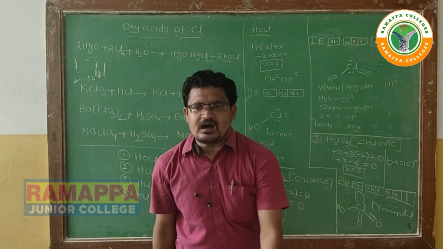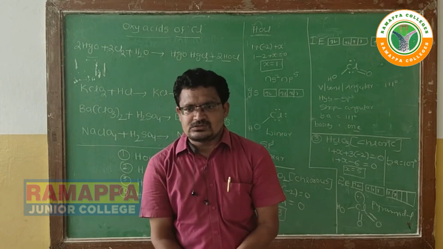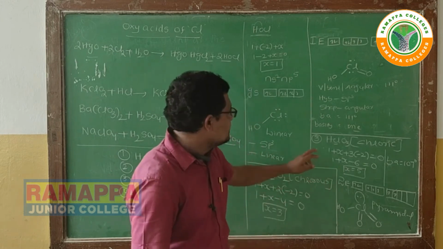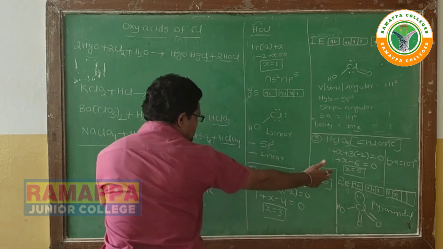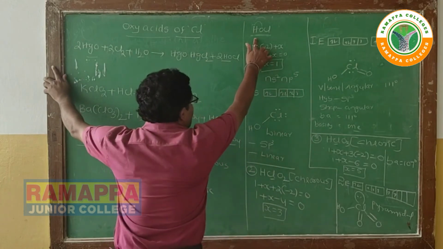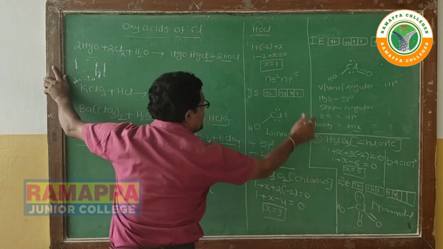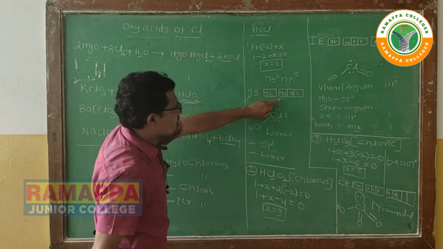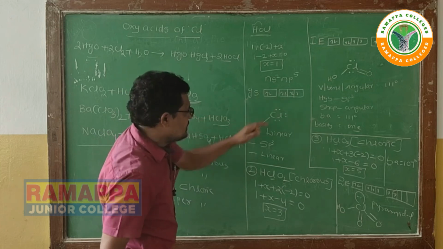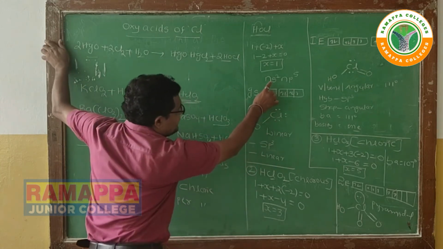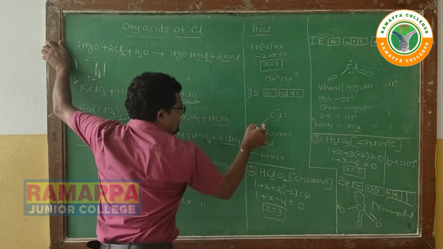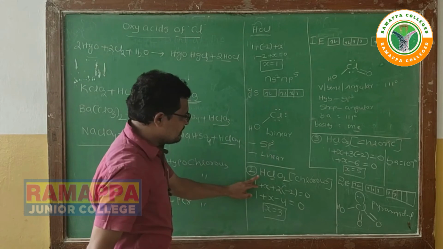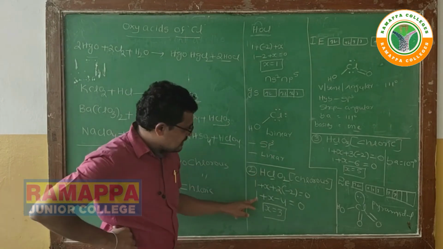Simply, all oxyacids of chlorine have 1 basicity. Now this is the oxide of chlorine, third type. What is the first type? Hypochlorous, chlorous, chloric. Hypochlorous, its oxidation state is +1. So +1 means ground state, only 1 unpaired electron. That's why chlorine is the central atom. It contains one OH. Its electron geometry is linear. It undergoes sp3 hybridization. The next one, chlorous. What is the hybridization? sp3 hybridization.